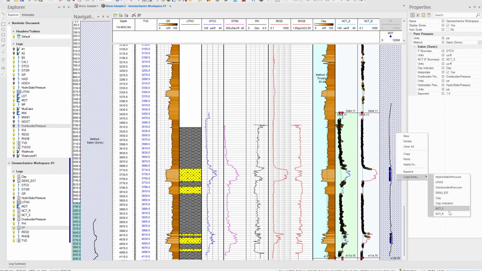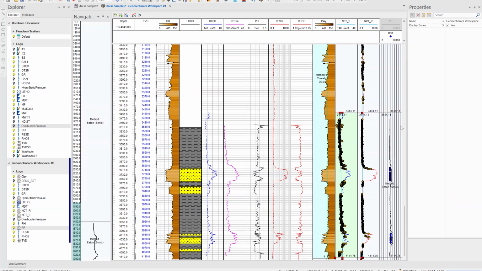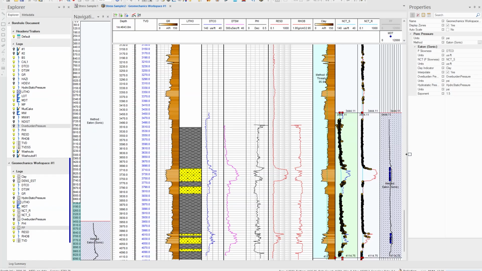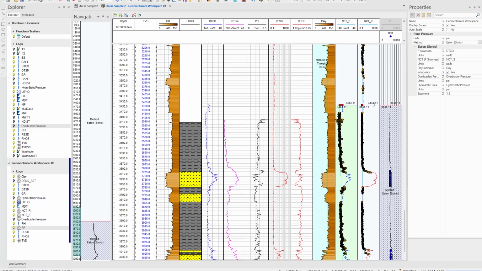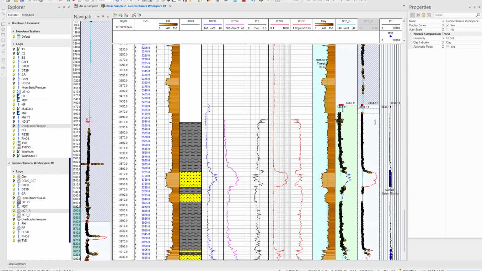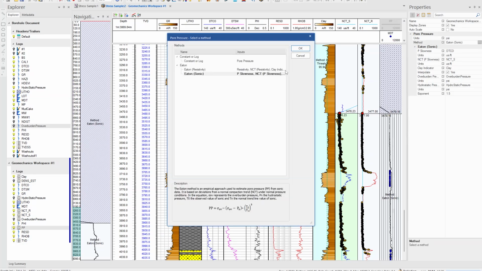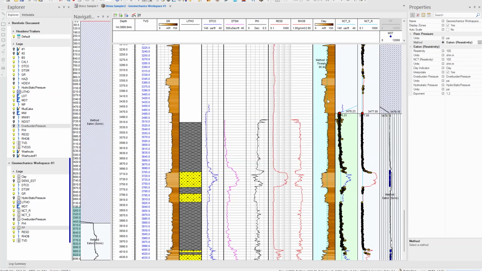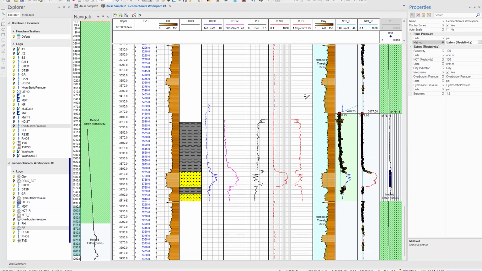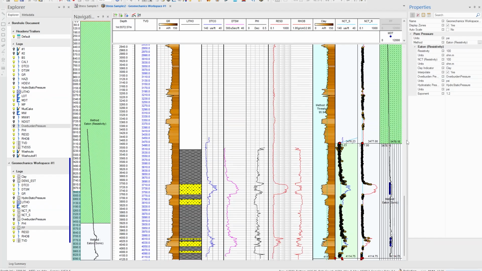So once the user is satisfied with these calculations, they can move it to the borehole viewer. And in this specific scenario, because we have deep resistivity, we add a zonation by copying it from the NTCR. Now we have a combined pore pressure curve. We move the zonation boundary a bit lower. And now we have this upper section.